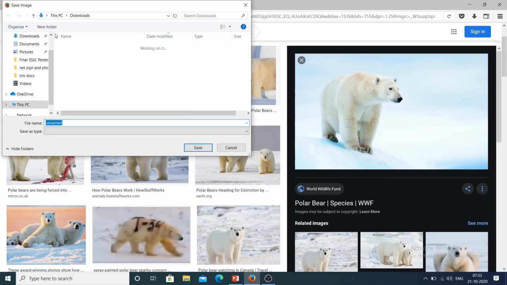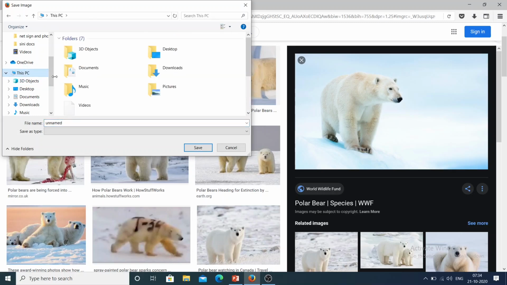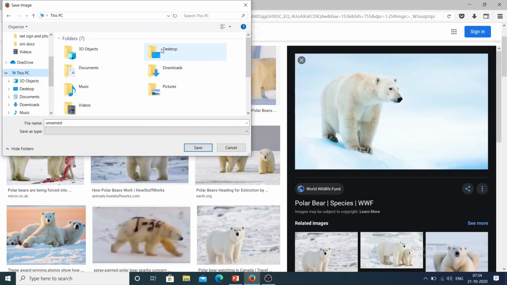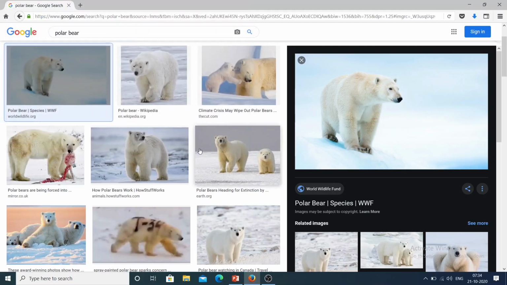Now you can choose any folder to save. I am going to save it on desktop, and you can give a name, polar bear, that's up to you, and click on save button. Now the image is saved.